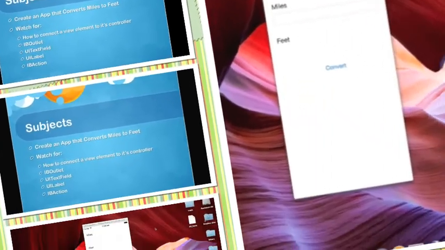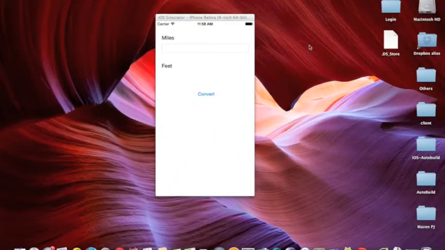So let's move on. Okay, before creating the application, I want to show you the final product of our application. This is the converter app. It has a miles label, and we have a field here for inputting miles, and we have a feet label, and underneath here, which is right now nothing, but it's a label actually, and it shows the result once we